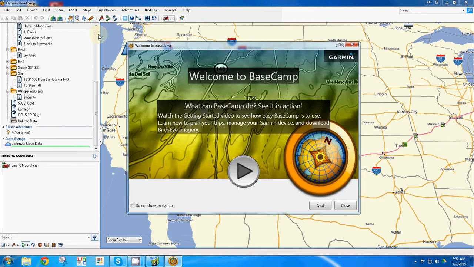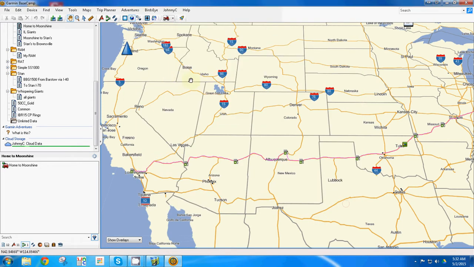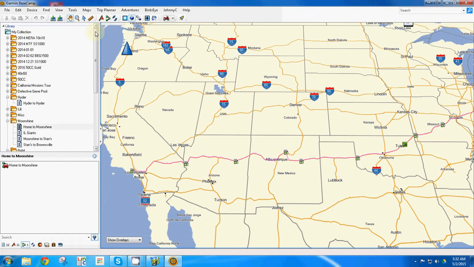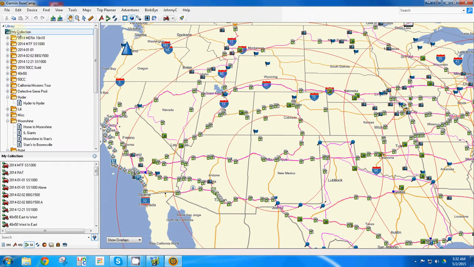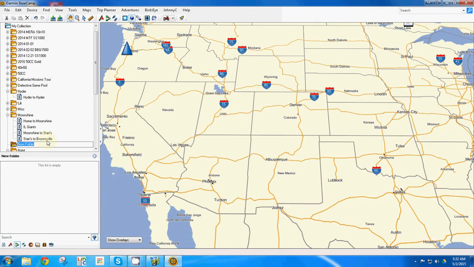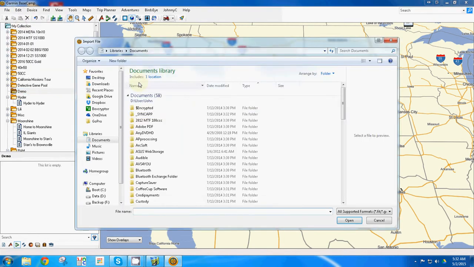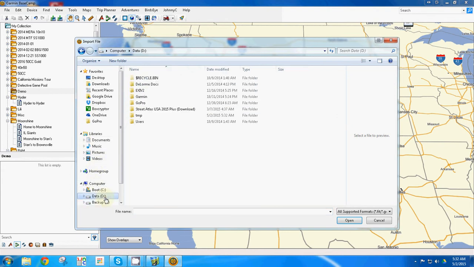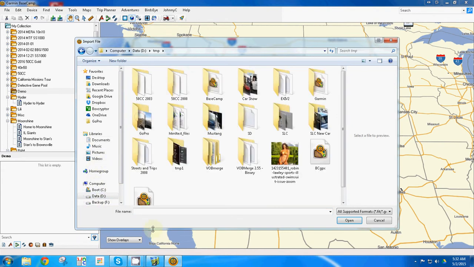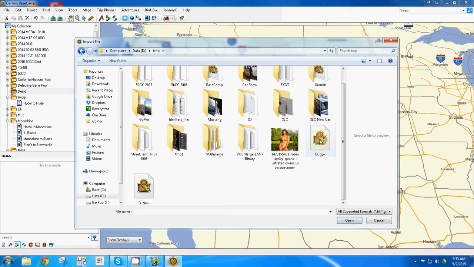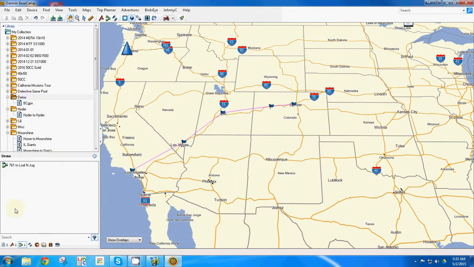In Basecamp, I would create a new, just for this purpose, I'm going to create a new collection. And we're going to say import into demo, and we're going to import the file that was created by GPS Babel, which is the BCGPX. And then if we look at it,